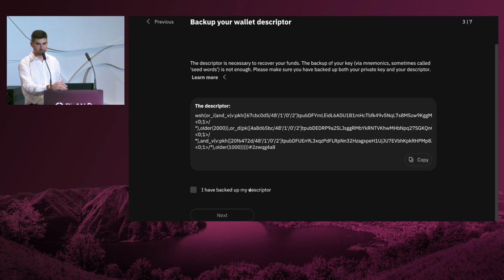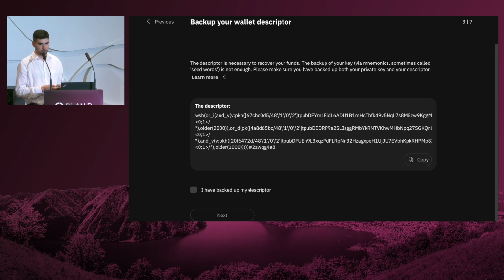I wanted to mention that the descriptor is very important, as you may know also with standard multisig, so without Miniscript. If you do not have the descriptor, you are in a bad position, because the descriptor tells the wallet under which conditions you are allowed to spend, what is needed to spend the funds.